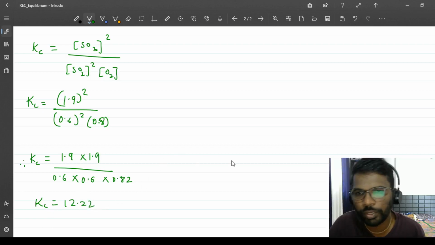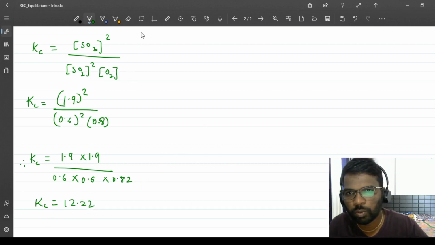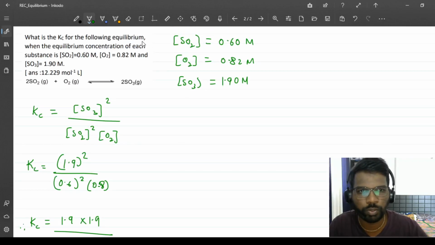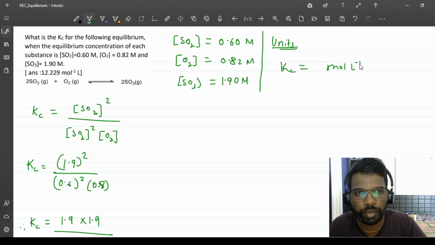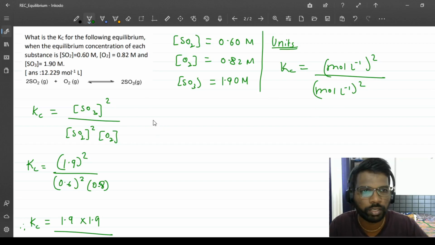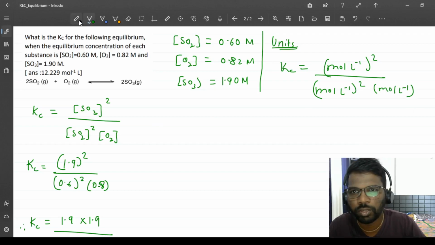Now, what will be the units over here? Let's check the units also. Units of Kc in this case: it is moles per liter raised to power 2 in the numerator. Here it is moles per liter raised to 2 for SO2, and for oxygen there is no power, so it is moles per liter. So the things that are going to get cancelled are these. What is remaining is